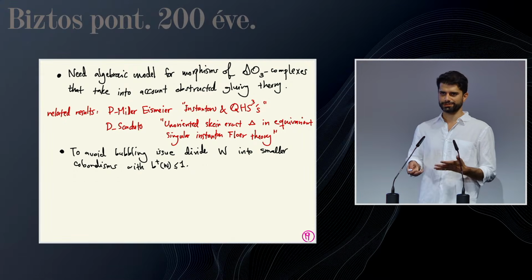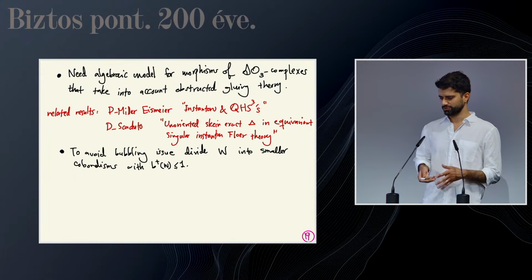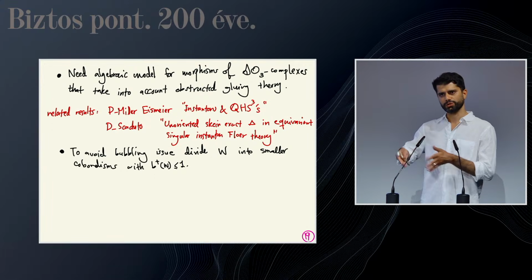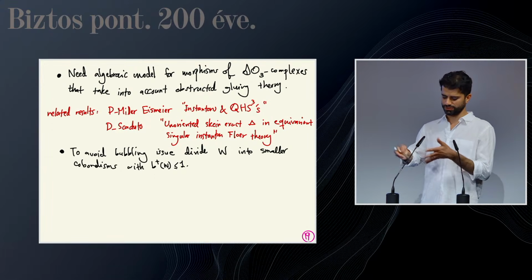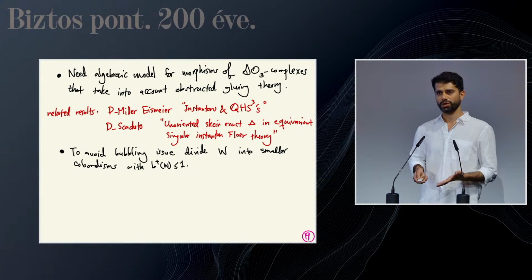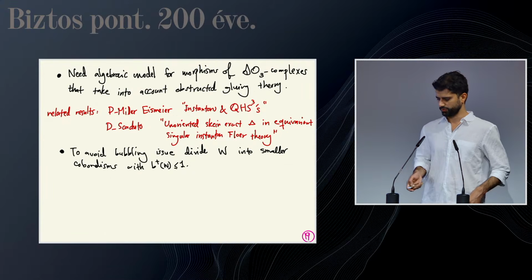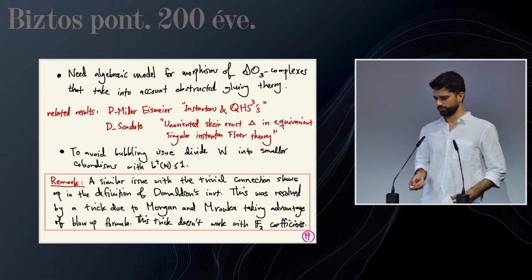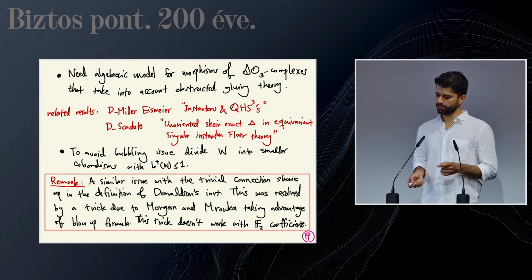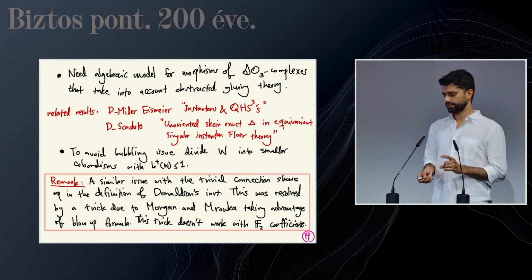There is also the issue that you don't want to deal with bubbling. So what you do is divide your cobordism into smaller parts, each of them with B plus at most 1, and then you prove similar inequalities for each piece, and you put them together to get an inequality for the whole thing. One comment that I want to make here is that there's a similar issue